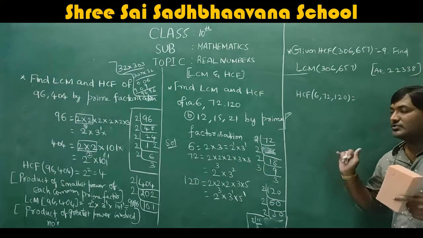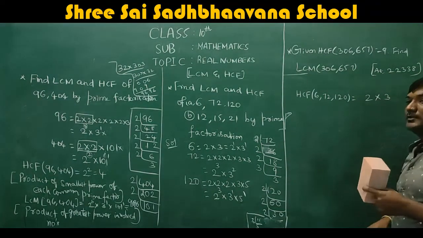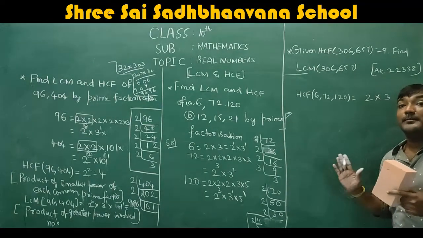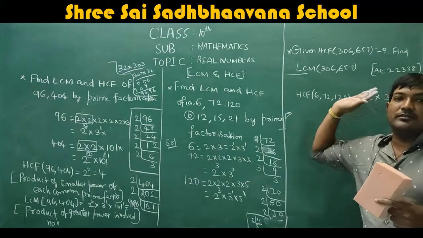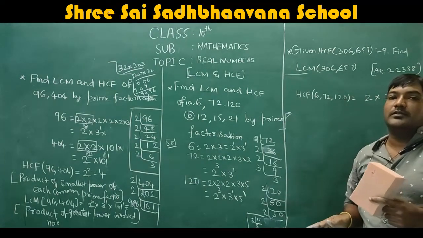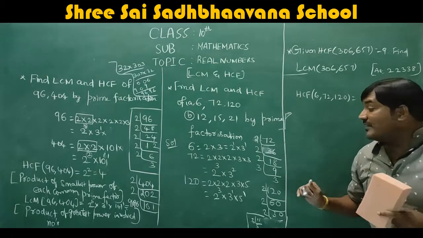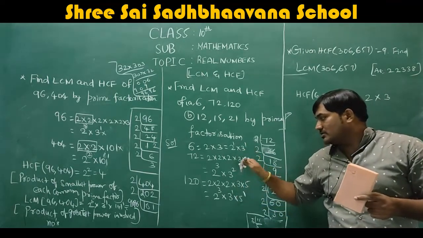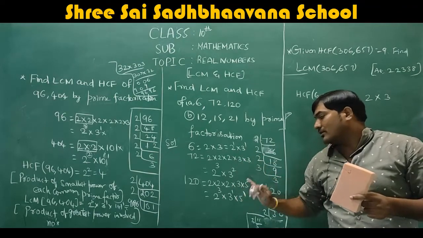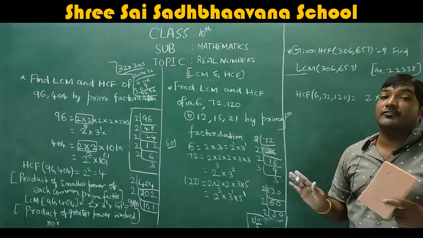Be clear about the powers. First you see the common numbers. So write it down, 2 and 3. Common numbers I am writing. First you write common numbers. Then, in those common numbers, which power is the smallest? 5 is not common. You just look at this. 5 is not common. It is there only in this expansion. It is not there in the other two. So that's why I'm not taking 5.